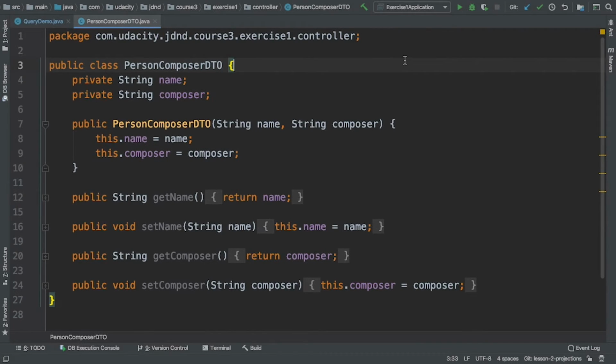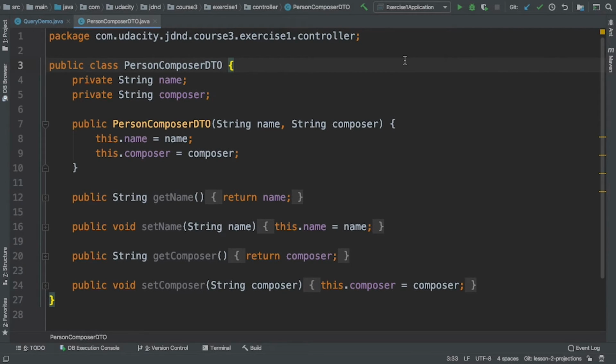This sort of simple projection is easy and helpful, but sometimes we want to select multiple fields and create a new object to hold them. This is called multiple column projection and can even return columns from joined tables. We can use multiple column projection to populate any non-entity class directly from a query or through the use of Criteria Builder. For example, perhaps we just want to return someone's name and favorite composer.